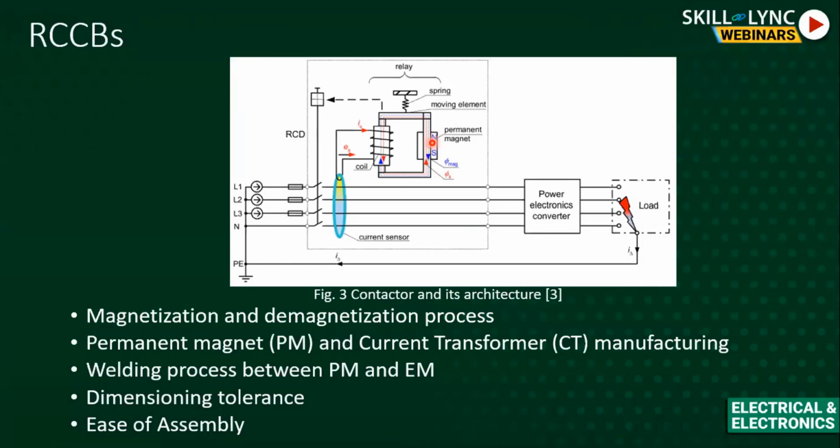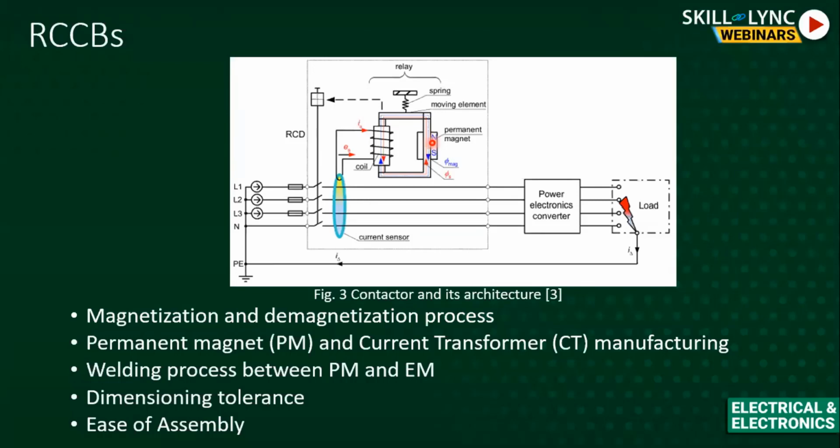Then there is the welding process between the permanent magnet and electromagnet. A permanent magnet naturally has magnetism, so it will definitely keep the electromagnet attracted. But if I need a fixed operating point, just keeping them near each other will not help, because there will be a variation. And when I'm designing millions of products, such variations cannot go to the final end customer, because these are all standard operating products. They will operate in a certain range, so we cannot have infinite variations. To control that, some procedures are fixed: how do we connect the electromagnet and permanent magnet?